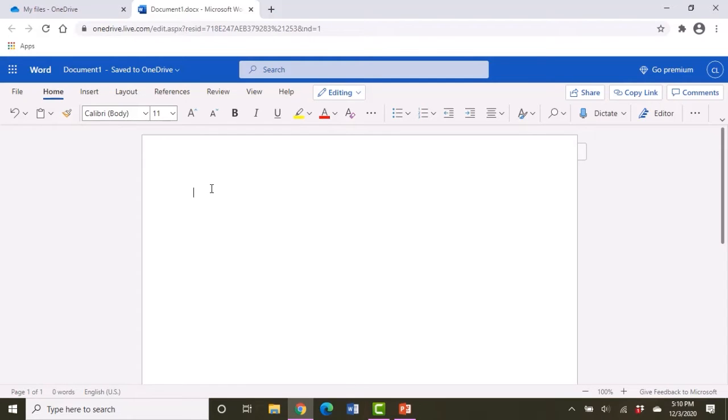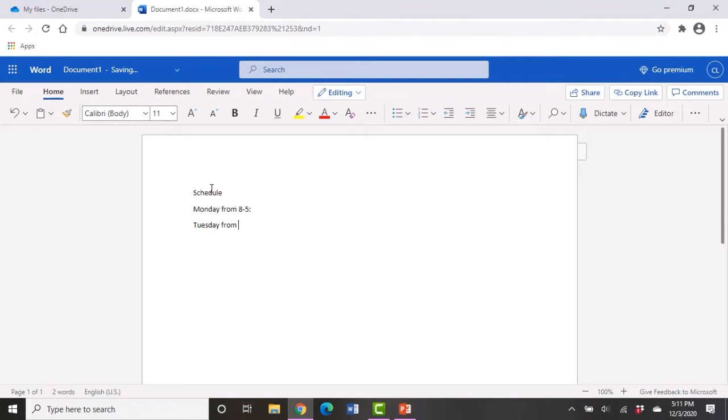So let's say that we're going to create a schedule for our place of work. I'm going to get started by simply typing schedule as a heading. I'm going to press enter and type Monday. Backspace works just the same, thank goodness. From 8 to 5,